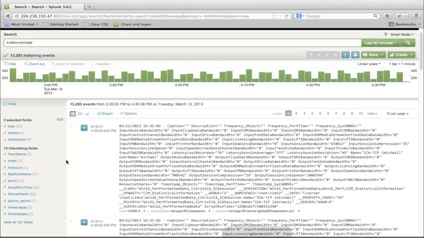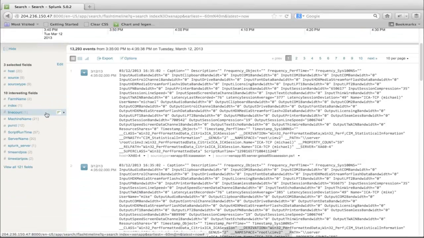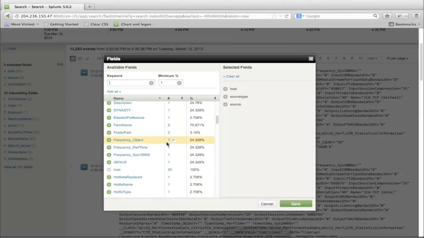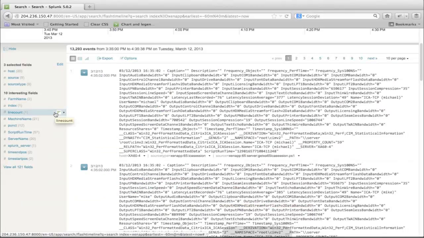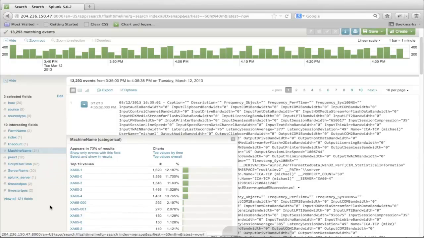So what Splunk is doing here in real time is looking at all these events that were returned, and it's saying here are some interesting fields over here. What makes a field interesting is that it sees the same field name in more than 50% of the data that's returned. We can click on this and see all the fields it found in all the data, but it's only going to show us over here on the left-hand side things that are in 50% or more of the events that got returned. Some things you'll start to see that look familiar are something called farm name. I can see some farm names, I'll see some machine names, things like that. So these are XenApp servers.